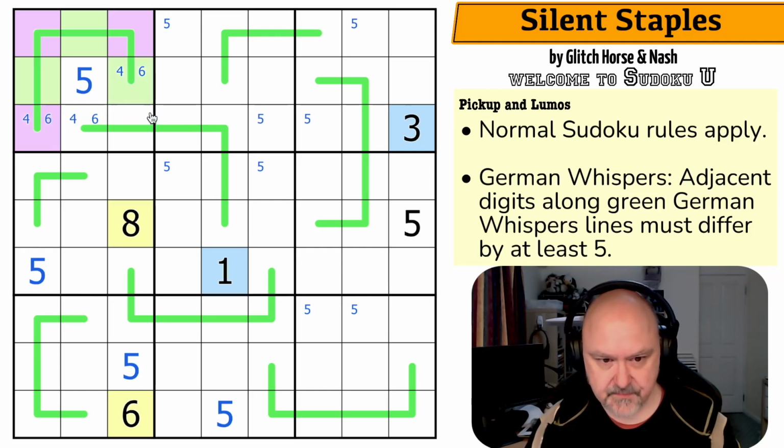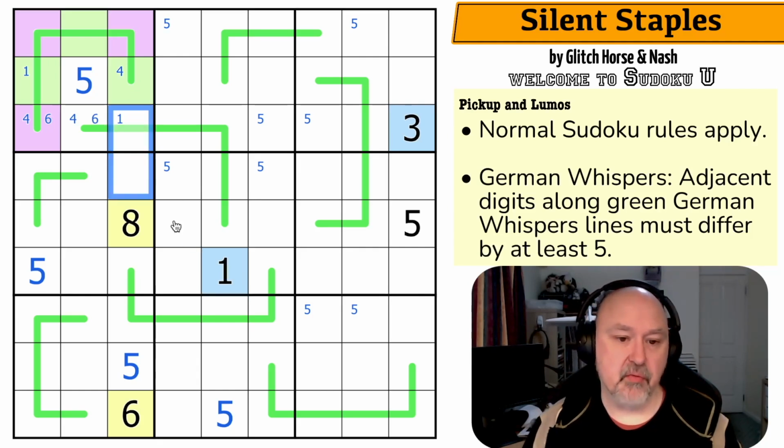This can't be a 6 because of the 6 looking up. So 6 is in one of those two, which means 1 is in one of those two. Don't know. Right. I know the polarity of that cell. I also know the polarity of that cell. Those are both low